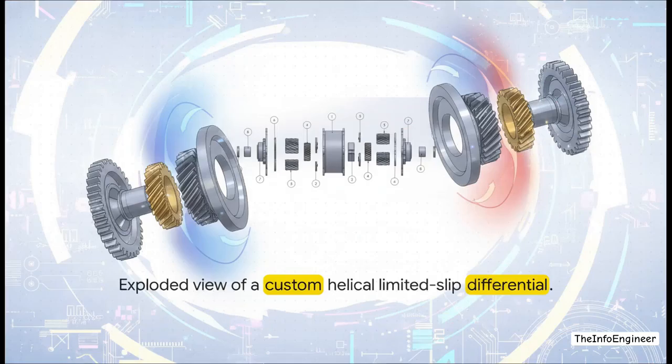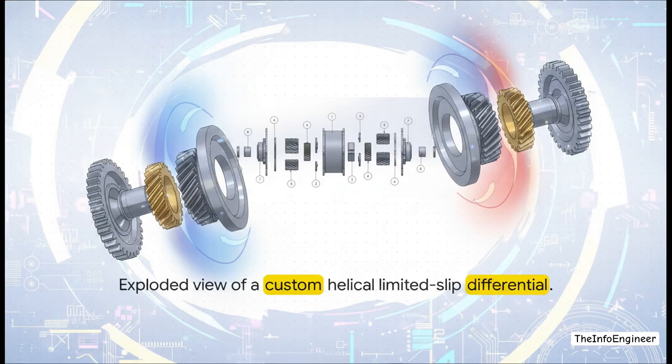Now, for a dedicated high-performance track application, say a Formula Student race car, we iterate toward a mechanical device that biases torque effectively, but without the sudden, jerky locking of a welded spool. Looking at this exploded CAD view of a custom helical design, check out how the helical pinion gears interface with the side gears. Unlike viscous or clutch plate systems that rely on fluids and inevitably wear out, this operates purely